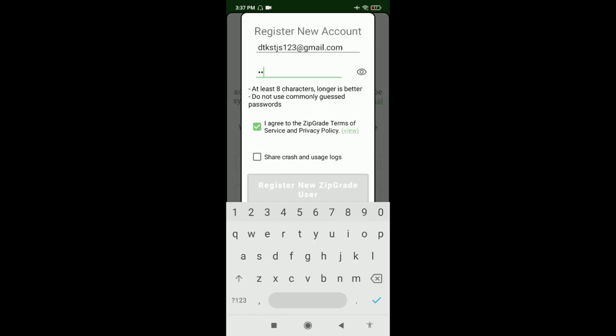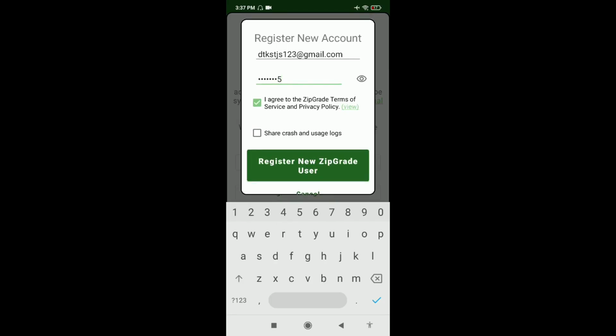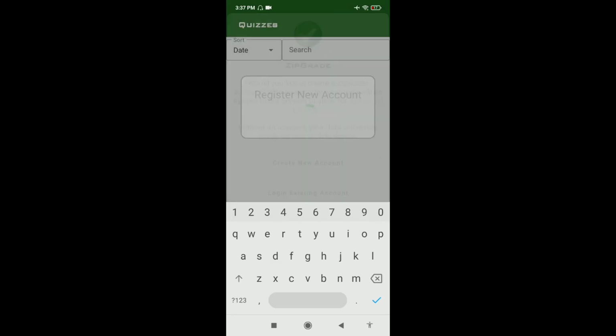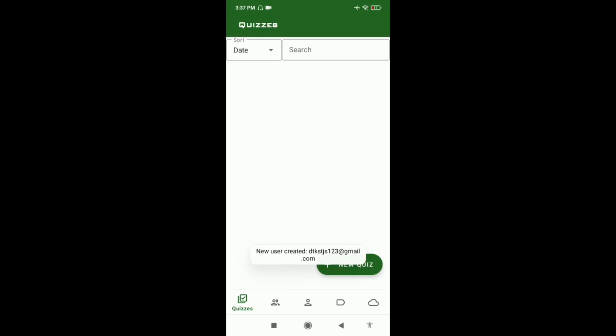Okay, I'm going to put a password randomly. Alright, just like this. Even if I show this to you, of course, it doesn't really matter. So, register new ZipGrade user. Then register new account. Let's wait for a few seconds. So, new account registered, using that dummy account.